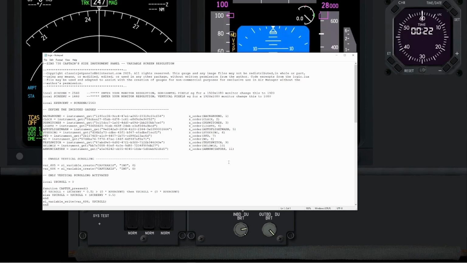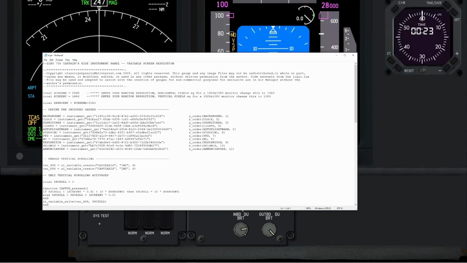So you'll see here on this script that we've got a local screen X and a local screen Y. At the moment set for my monitors, which is 2560 by 1440 pixels. If, for example, your monitor is a 1920 by 1080, then just change these two numbers accordingly, 1920, 1080, and